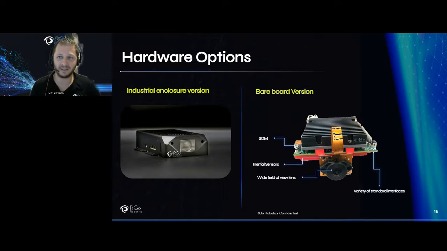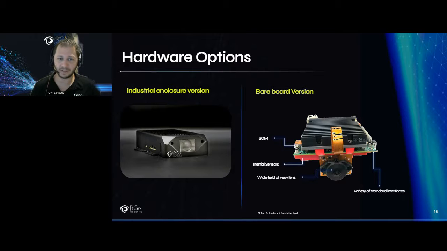It can basically be mounted everywhere, as long as you have a minimum of 20 centimeters height, but it goes all the way to 1 meter, 2 meters height, as long as you see the floor, the ceiling, and the sides. We're using a global shutter fisheye camera, which sees almost 180 degrees field of view. So on the left is the industrial enclosure version, and on the right is the bare board